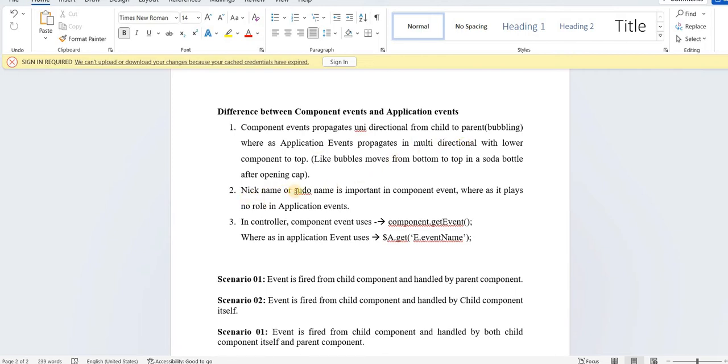Okay. The name, or pseudonym, is important in a component event, whereas it plays no role in application events. In the controller, a component event uses component.getEvent, whereas in an application event we use $A.get("e.eventName"). You can understand this while we discuss component events and application events. There are three situations already. We discussed this in